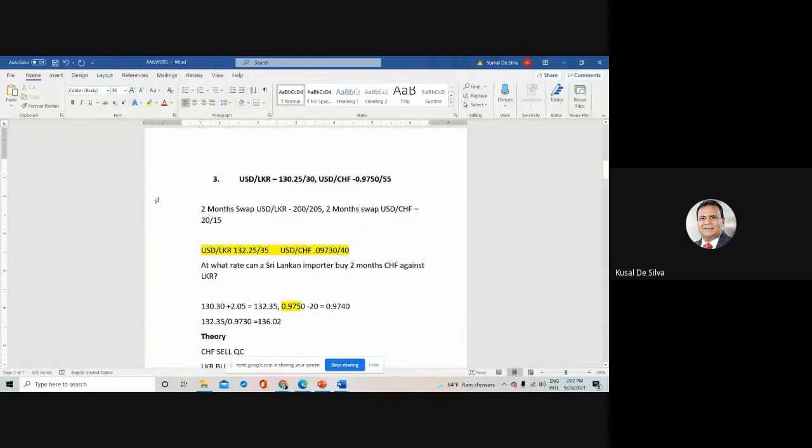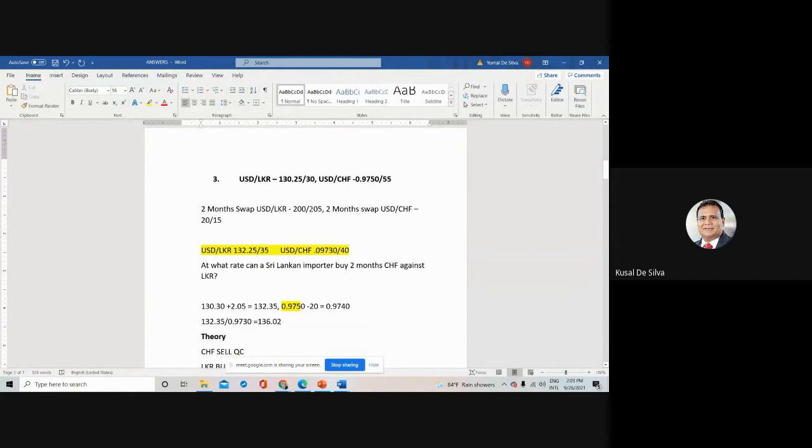Because it's very important, if you have any doubt, just tell us, then we can explain. So regarding that swap, 2 month swap, US dollar 200 to 205, that means it's basis points. It's actually 2.5. It's like this, 200 in foreign currency. 200 means you have to divide by 100. One point is 100 basis points. 1 point. So here only two, and here